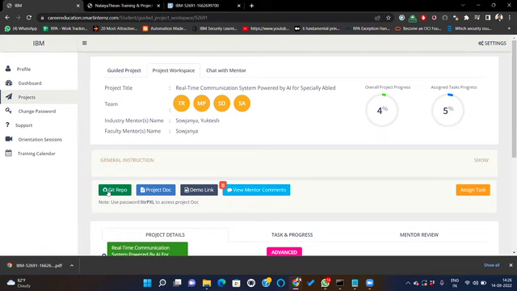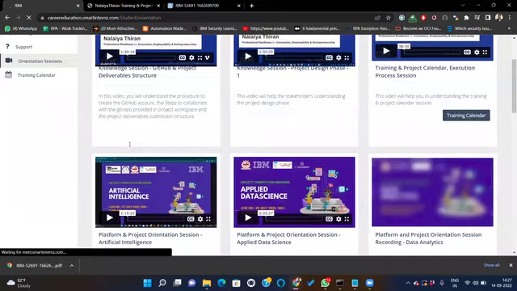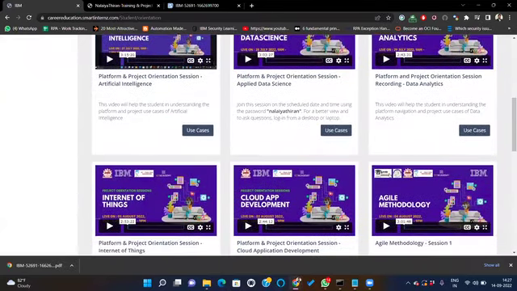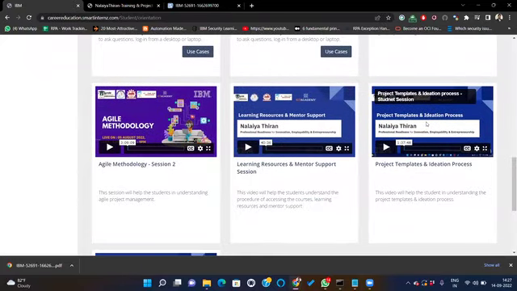How to write an empathy canvas map? We request you to go to the recordings and dashboard. If it is a question from a student, ma'am, you can just instruct your student to go to the orientation menu, and there they will have the project template. Let me show you the project template and ideation process video. Please ask them to refer to this. They will have zero questions if they see this video, because there we have explained the complete procedure for the empathy map.